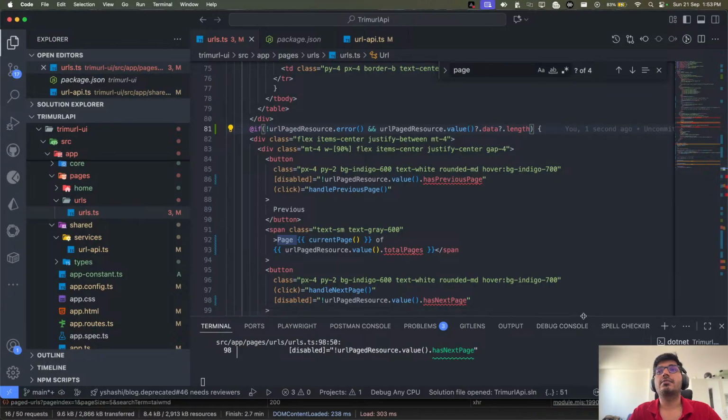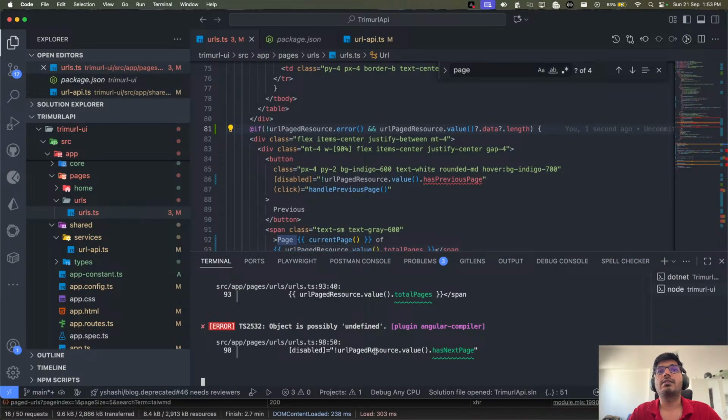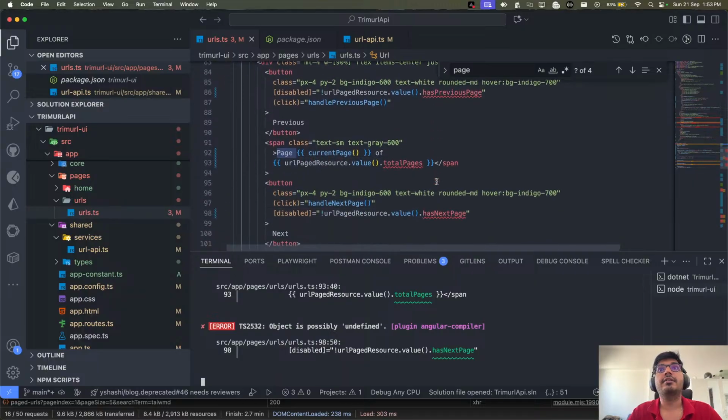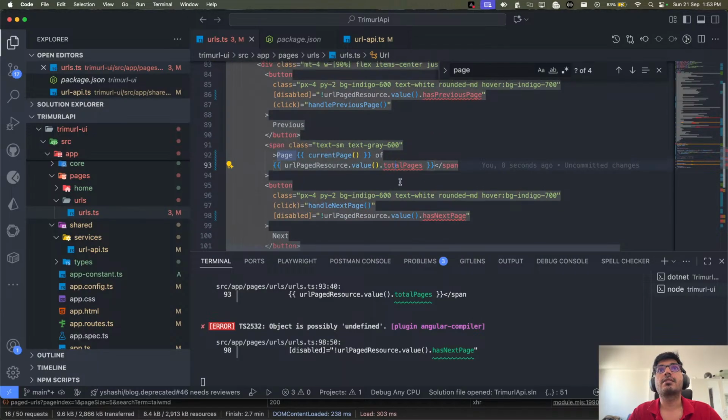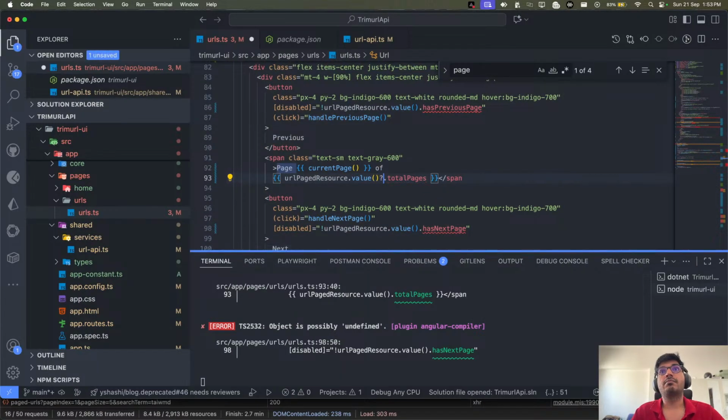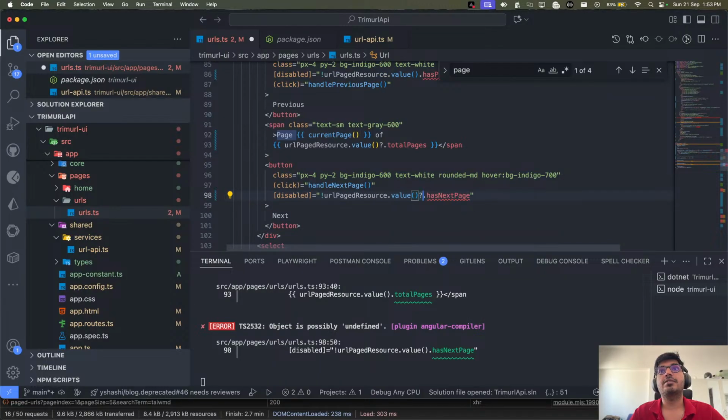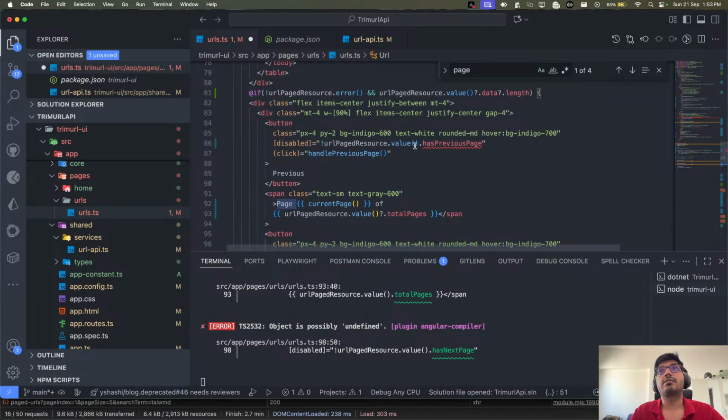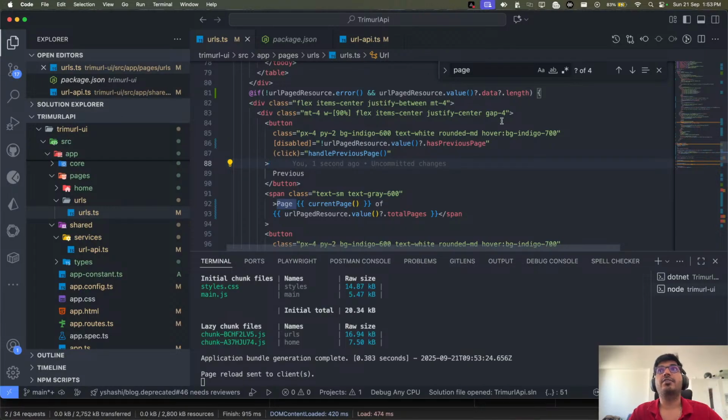Okay, now it is breaking at line number 98. So we have the total pages. Now this guy needs it. Oh, because I was checking something on the top called has value, and that's why.